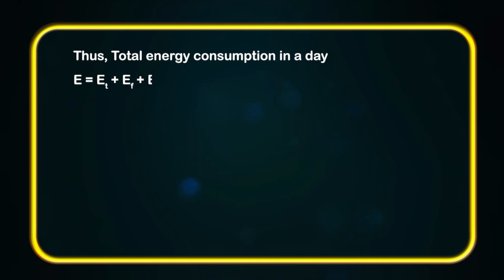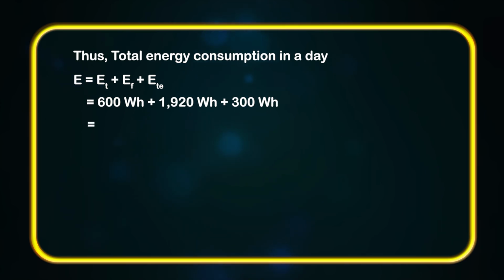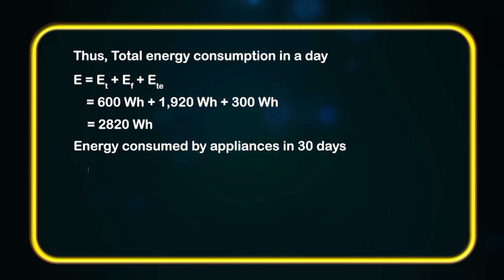Thus, total energy consumption in a day. E is equal to ET plus EF plus ETE is equal to 600 watt hour plus 1920 watt hour plus 300 watt hour is equal to 2820 watt hour. Energy consumed by appliances in 30 days is equal to